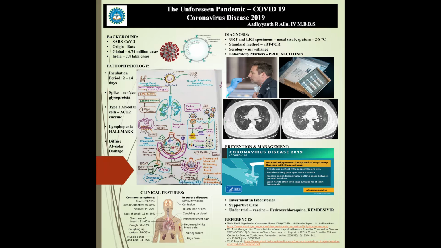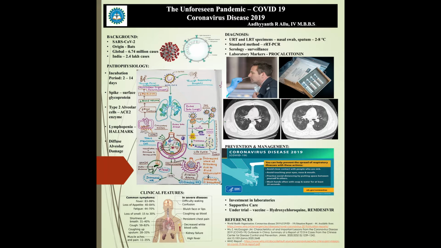Moving on to the pathophysiology, as you can see here, the main mode of transmission is through respiratory droplets and fecal shedding by patients, that is the environmental contamination. This risk of transmission is seen both in the symptomatic as well as the asymptomatic phases. The main organ involved is the lungs because of the presence of ACE2, that is angiotensin converting enzyme 2, which is abundantly present in type 2 alveolar cells. The virus hosts itself onto the enzyme with the help of a specialized surface glycoprotein known as spike, which is a peplomer, goes to the lungs, multiplies, and spreads to the cardiovascular system, giving rise to systemic inflammatory response syndrome and multi-organ failure.